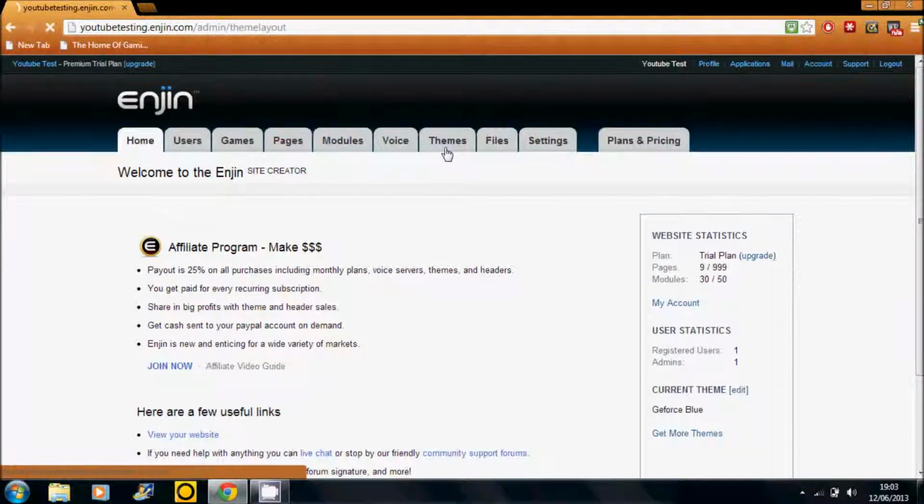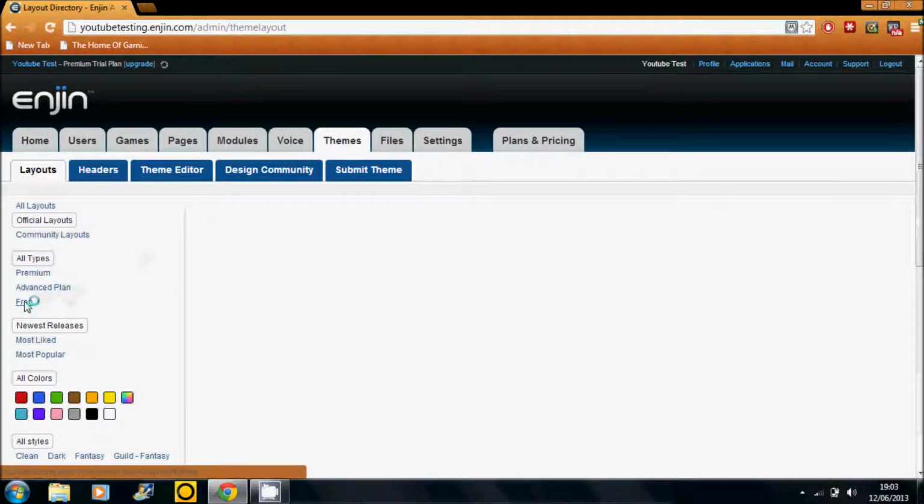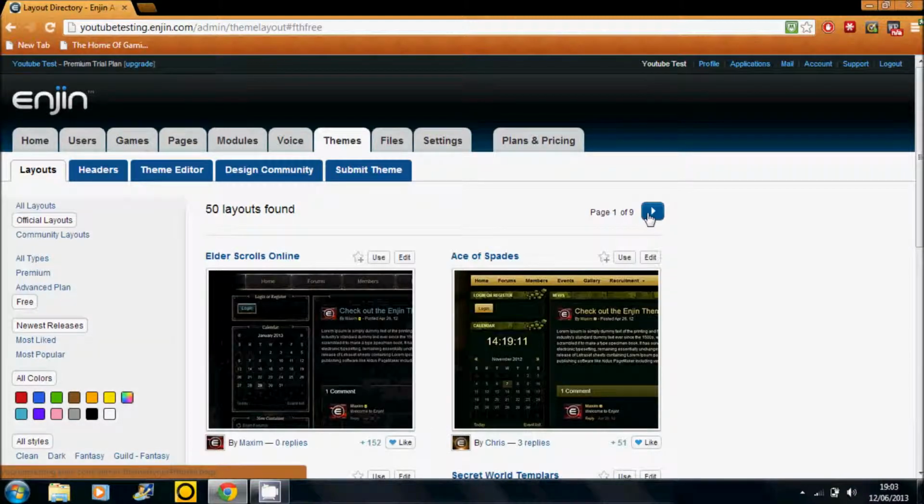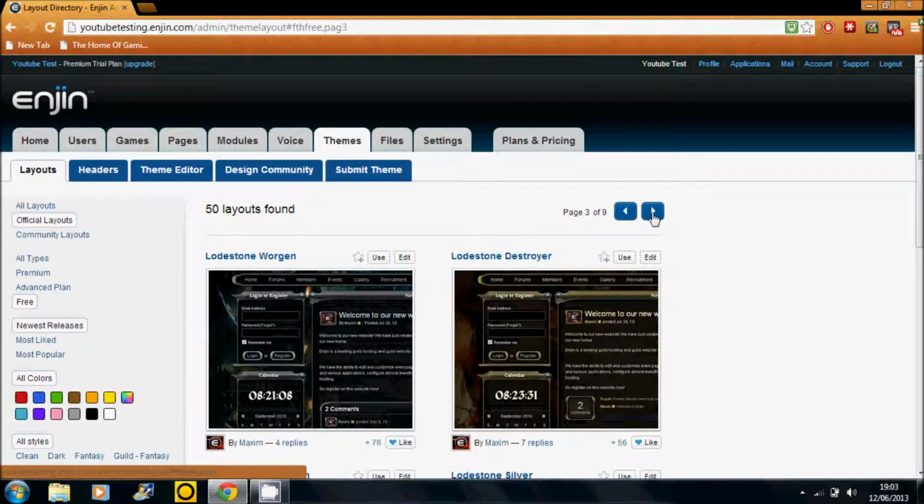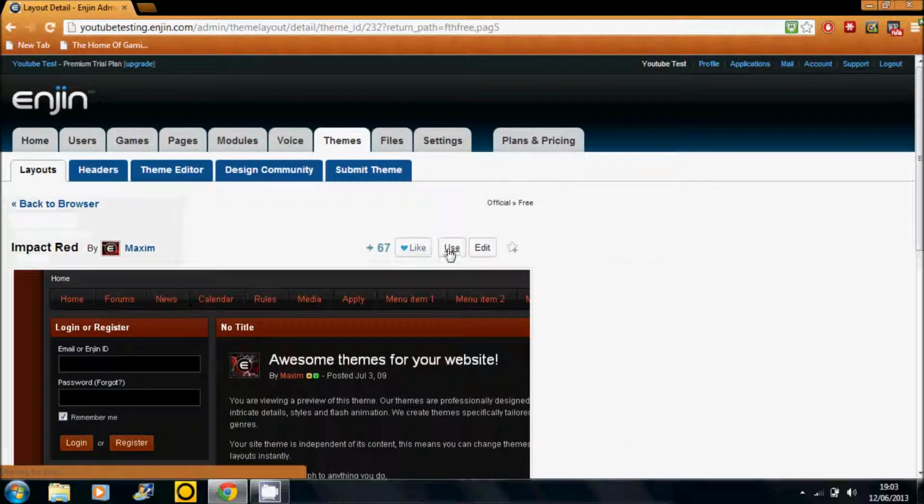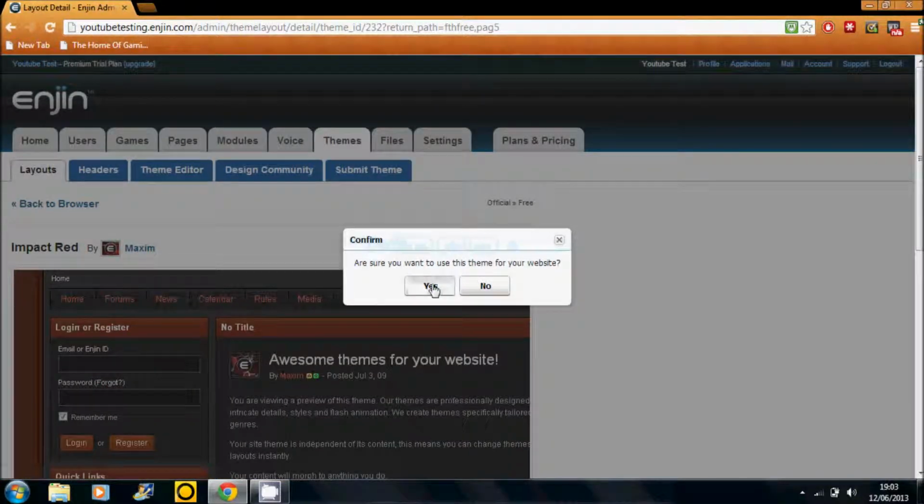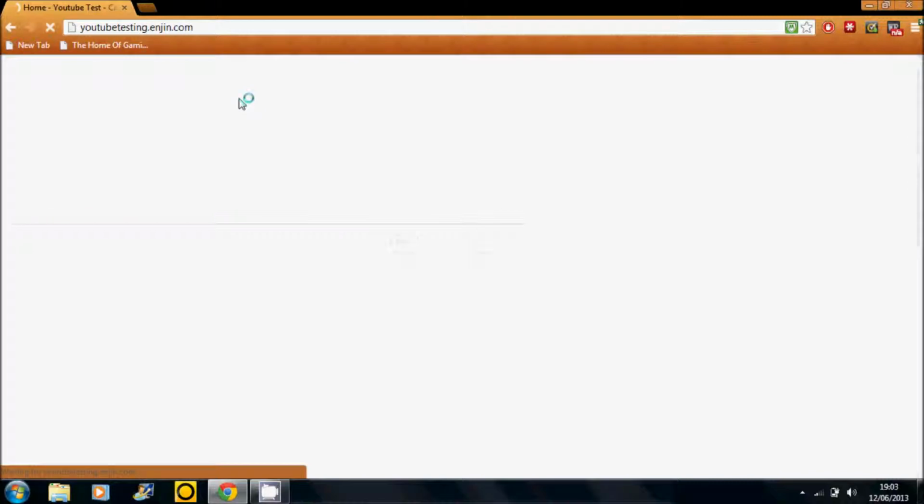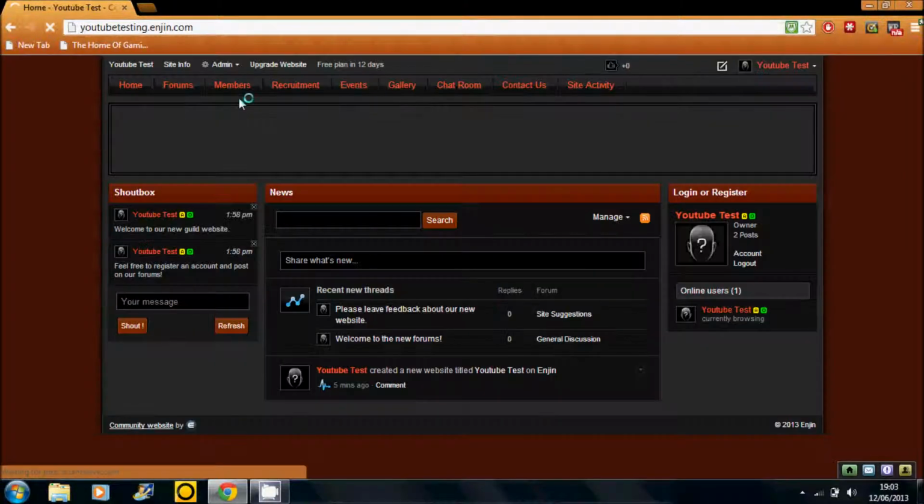We can go into here, and we want to use the free themes. We just skip forward a couple of pages. We can just use this one. Have a look at this theme. Yep, use. Alright, and then let's go back and see how much our site has changed